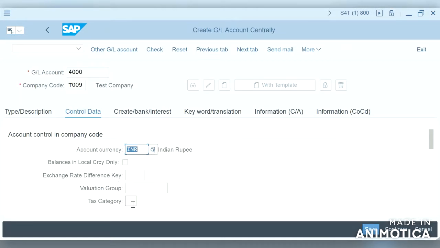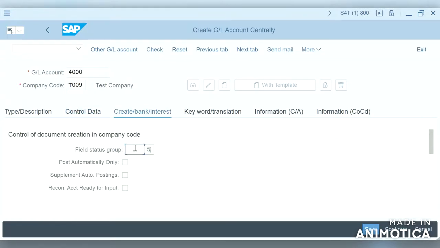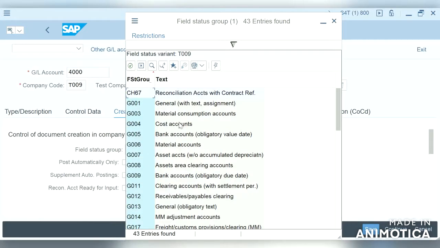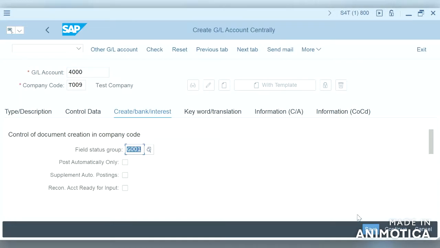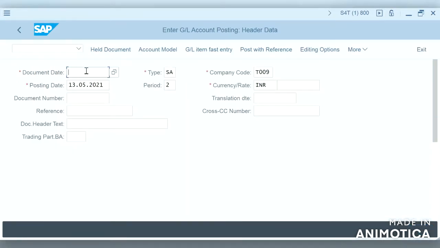So, X category, reconciliation account. Okay, and we move on to field status group. So the field status group, we will just take it as general and try to save it, and our account is created. Let us try to post a simple posting, and let us